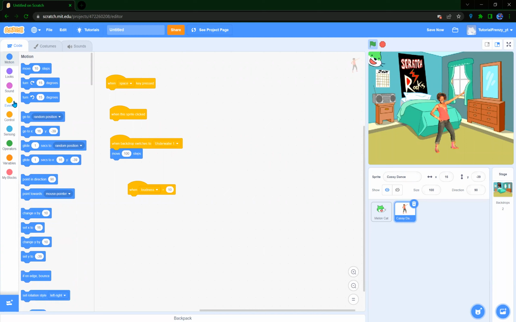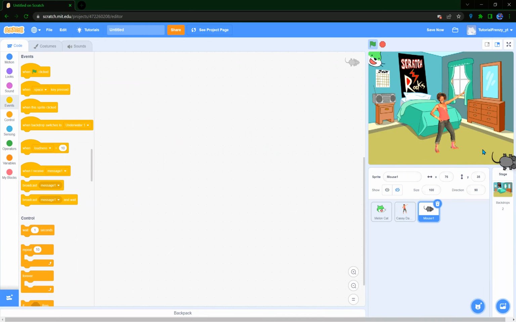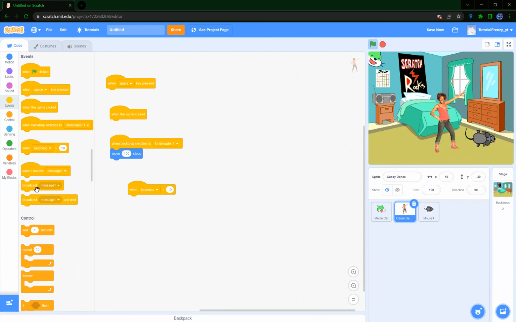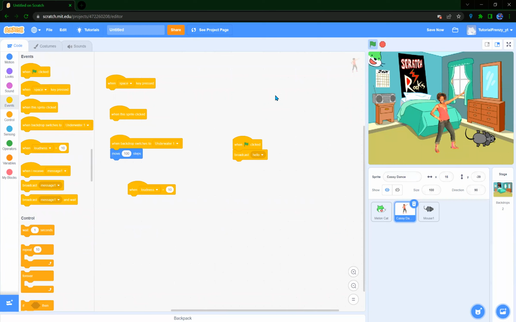Okay, so now let's get straight into receiving messages. Actually, let's find another sprite for this. Okay, let's just get a mouse. Okay, so basically, let's say when the flag block is clicked, Casey would broadcast message 1. You can actually change the message name by clicking new message and naming it. Actually, let's name the message hello. Okay, when Casey broadcasts the hello message, basically whoever has the event block receiving that message,